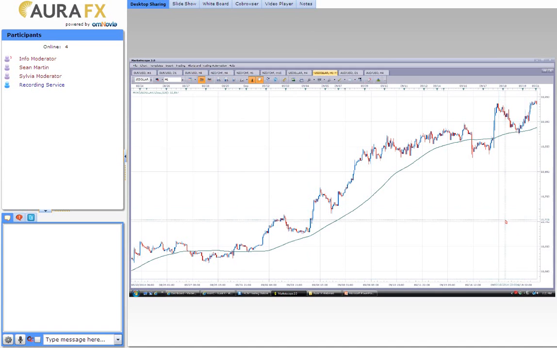I started off in bonds, and trading bonds was great. There is so much liquidity in the U.S. bond market that the moves can be very, very easy to identify and very clean. But at the same time, sometimes the traders don't know which way the bond market's going to go, and you're sitting there watching. It's like watching paint dry. I mean, you have no idea which way this market is going, and you just don't see any trading opportunities. So obviously, because I was familiar with bonds, I worked my way over to stock indices.